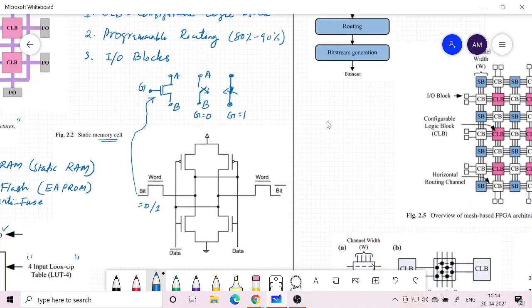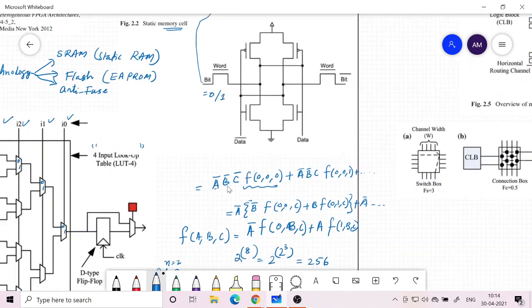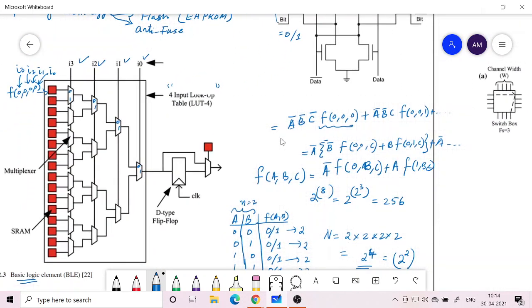I only told you about the first part, which is the LUT, and then you have a clock. If you want a sequential circuit to be implemented, you need to have a register. The clock is given to the register, and then it will be latched, say in a D flip-flop. It will be stored there. If you don't want a sequential circuit but a combinational circuit, you just bypass the register, and the output can be selected using a 2x1 multiplexer here.